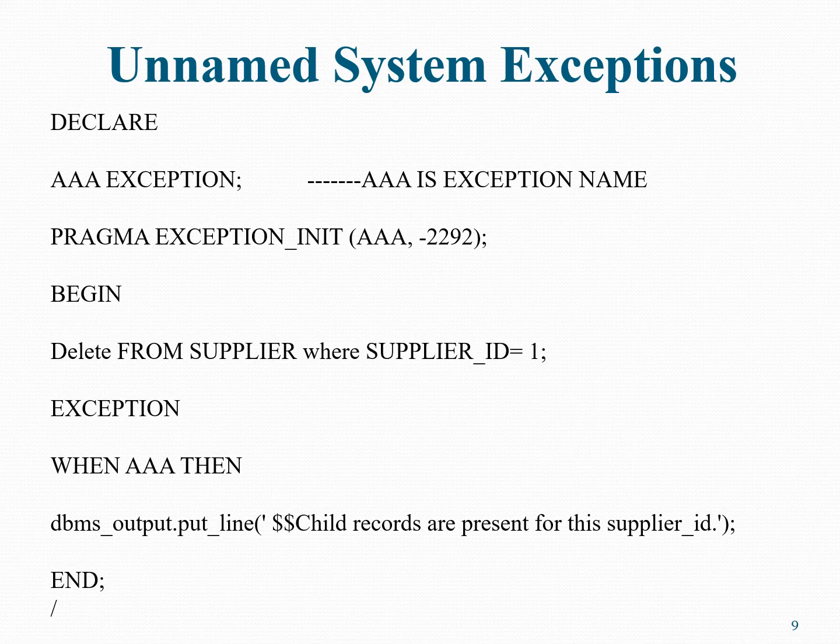It is a predefined procedure and it has two parameters. First is the name of the exception that we defined here, and then we will associate an error code with this exception. In the begin section, after the executable statement, we will write the exception keyword and then when, followed by the name of the exception we defined previously, then the print statement. So in this program, whenever that exception is caused, this statement will be printed. So this is how we can create an unnamed system exception and define it with the code.